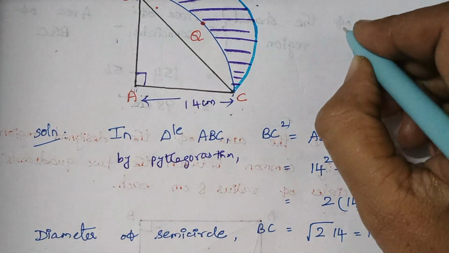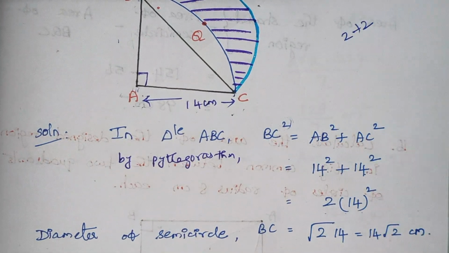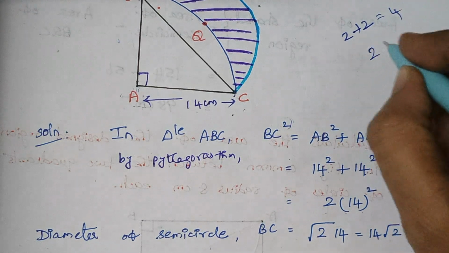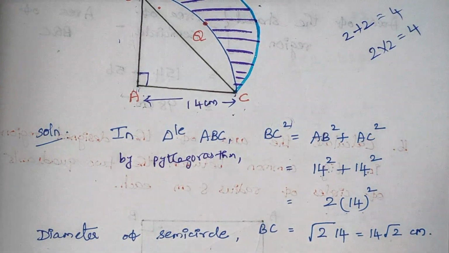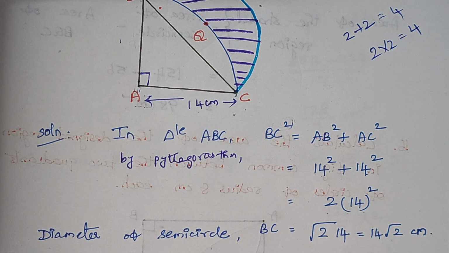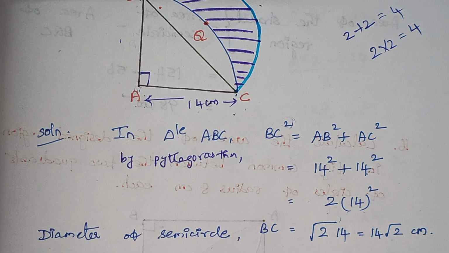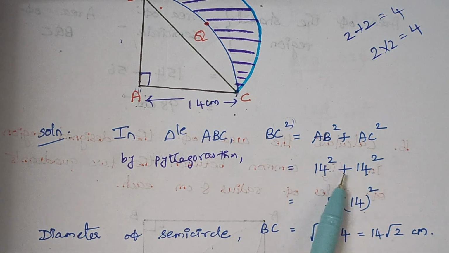I'll show this as an example. Just consider 2 plus 2. So this 2 plus 2 is 4. We can write it as 2 into 2, right? Again, that gives the same value. So the same thing followed here, okay? Because addition and multiplication, they are related to each other, right? Successive addition is multiplication. So the same way, 14 square plus 14 square, here I am writing it as 2